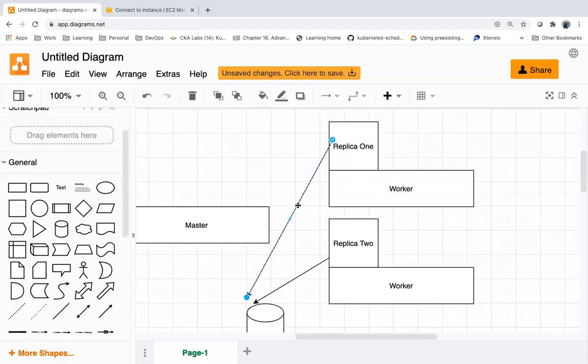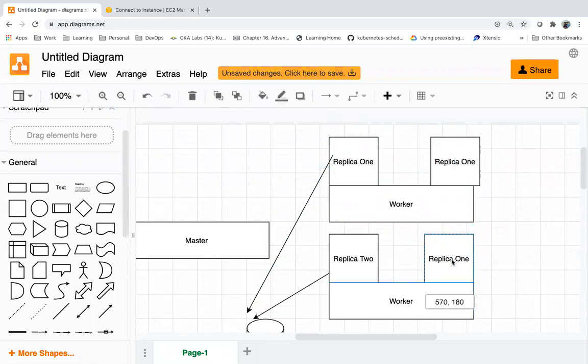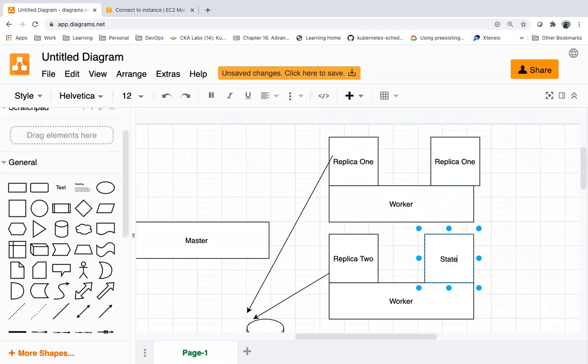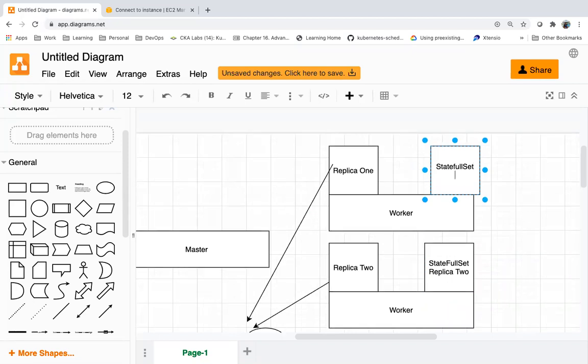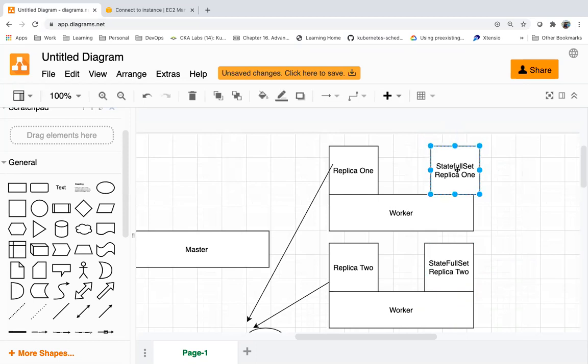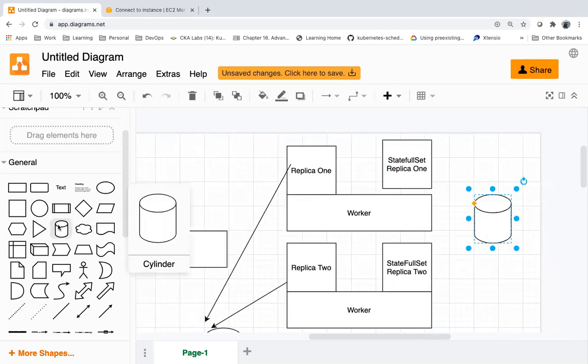If one of your pods goes down in a stateful set, suppose you have stateful set replica 1 and replica 2, each will have its own value.